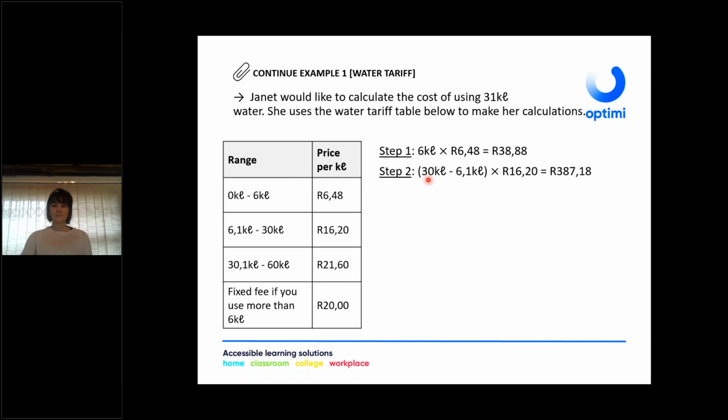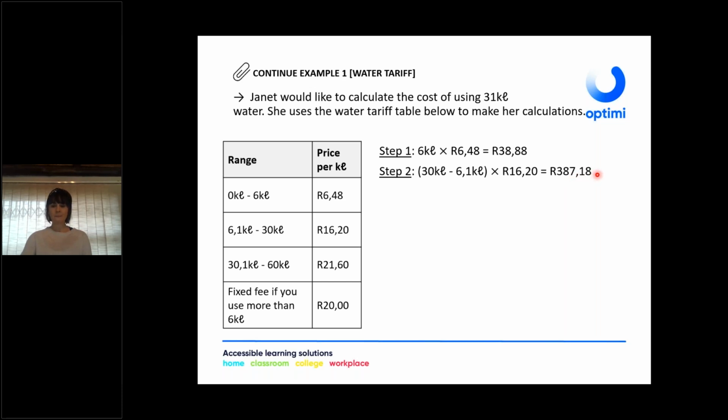Your second step is going to look something like this. This is where you need to pay attention. You will see that this range does not start from 0. Therefore, you first need to calculate the amount of water that falls within this range. We say 30 kiloliters minus 6,1 kiloliters, and this gives you 23,9 kiloliters that falls within this range. That 23,9 kiloliters you multiply with the price per kiloliter, which is now R16.20 as given here in your table. If you multiply these two values, it gives you a final answer of